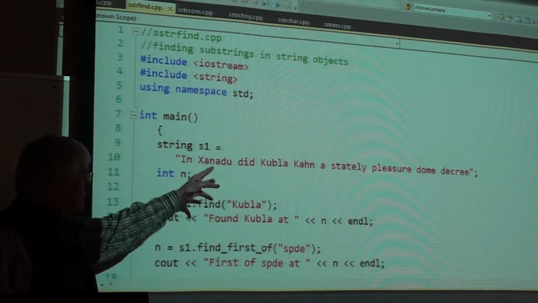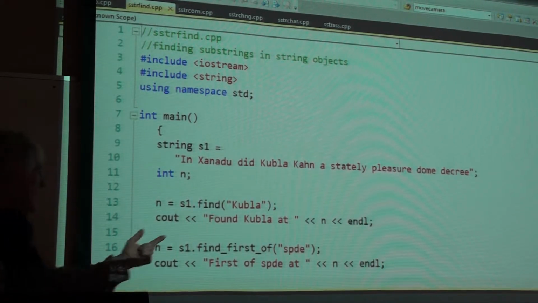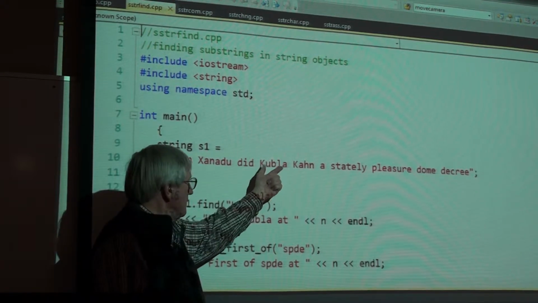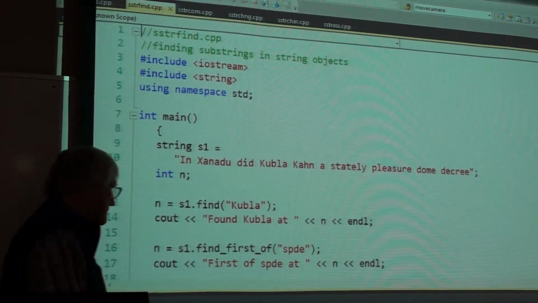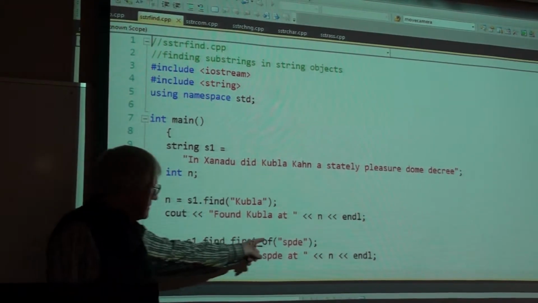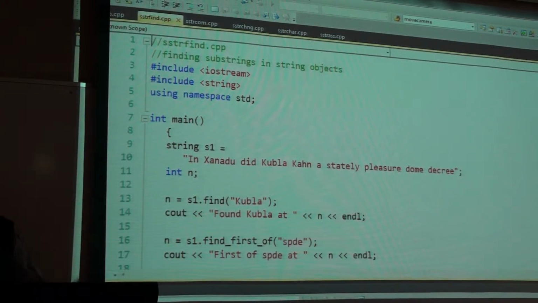Find that string in there and return the offset of the first character that matches in that word. So, Kubla, is it there? No. Keep moving down there, it'll give me that address. Find first of. Choose any one of those, SPDE, and return to me where it is in the string S1. Is that clear?